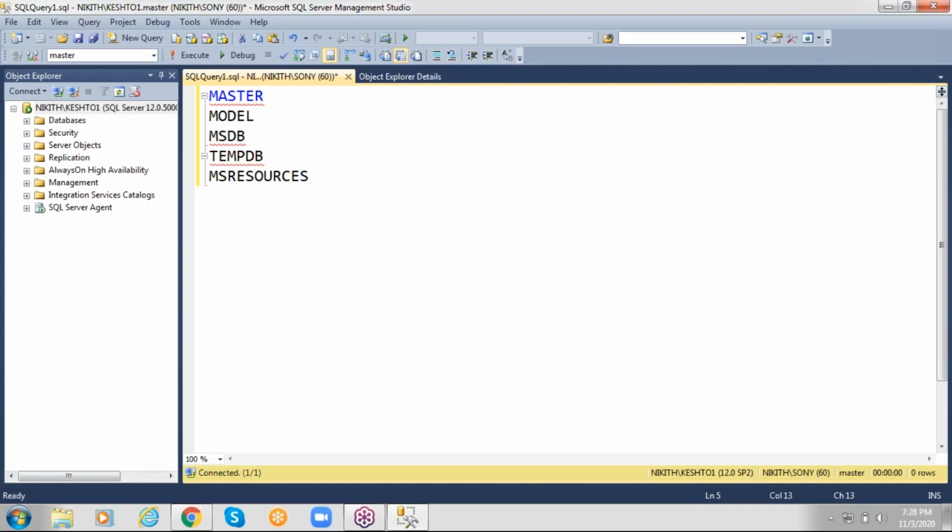That means what I'm trying to explain, whatever data entered into TempDB is not going to be stored in TempDB permanently. That is also deleted from TempDB. But temporary data will be created, and that is going to be stored in TempDB. Sometimes when there are more user operations or some other issues, then we get tickets like TempDB full, no free space available in TempDB. I'm going to show that practically in the coming sessions.